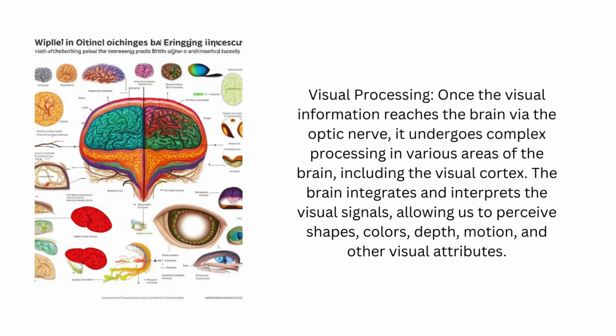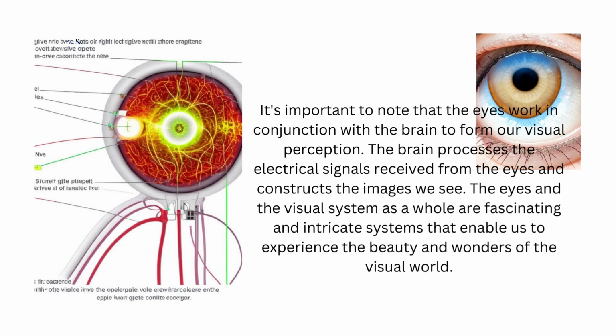7. Visual processing. Once the visual information reaches the brain via the optic nerve, it undergoes complex processing in various areas of the brain, including the visual cortex. The brain integrates and interprets the visual signals, allowing us to perceive shapes, colors, depth, motion, and other visual attributes. It's important to note that the eyes work in conjunction with the brain to form our